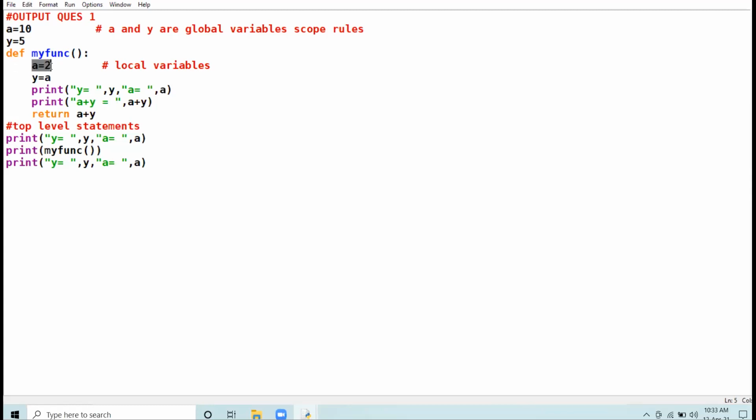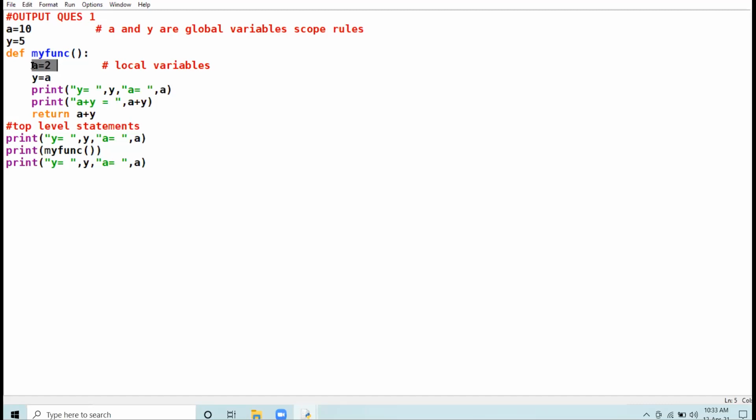That does not refer to the global variable. I repeat my statement again. Inside any function, when you assign any value to any variable by using the assignment statement, it creates a local variable with that name.